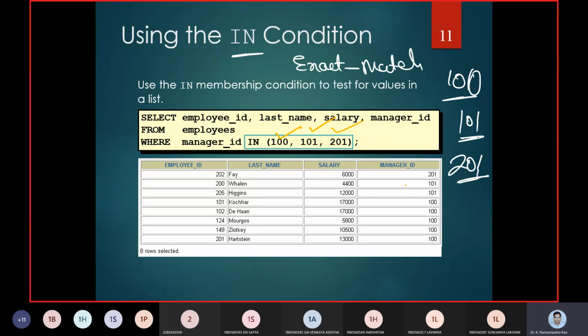Only these values are going to be taken up. In this way, there are a lot of managers. We created a lot of tuples in the previous database, so from that, wherever 100, 101, or 201 is there, only those rows are going to be taken up.